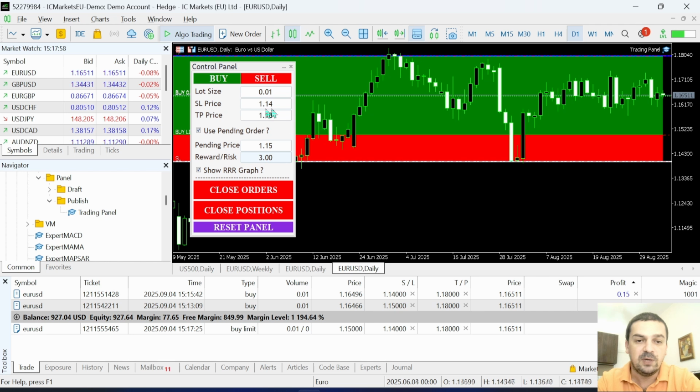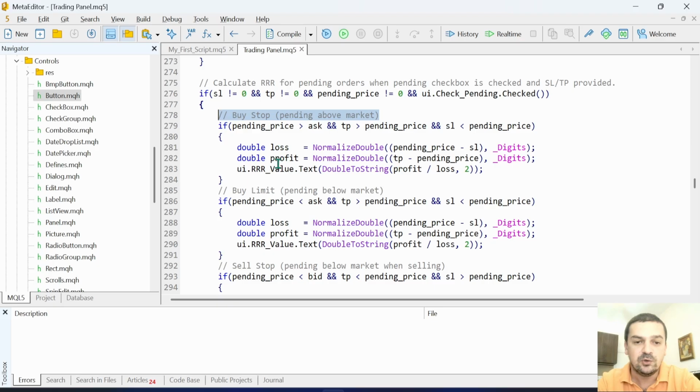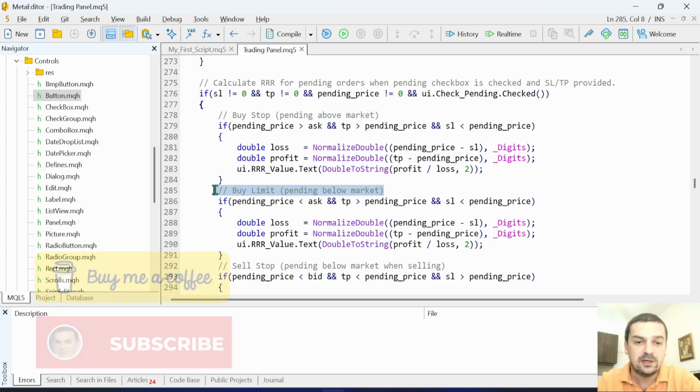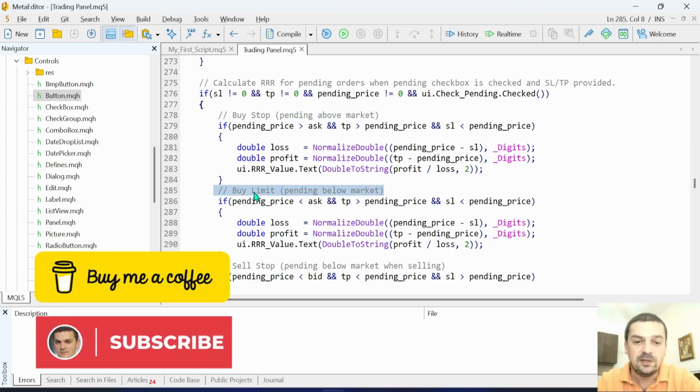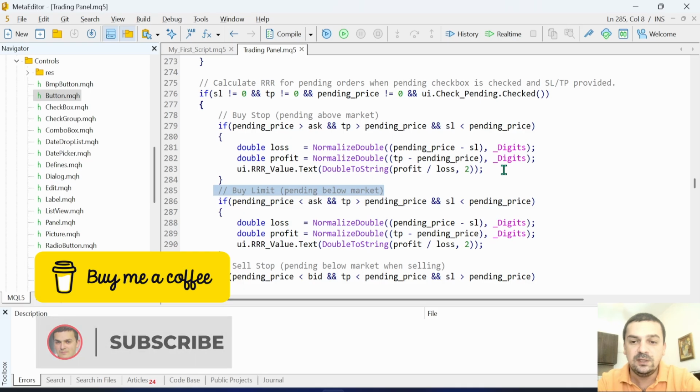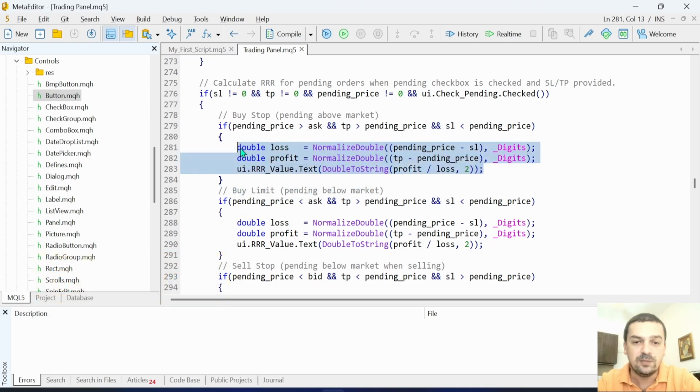We used a buy limit here because the pending price is below the ask price, the stop loss is below the pending price, and the take profit is above the pending price. So these conditions represent a buy limit order. This is what we do, and in each case, for each type of order, we are calculating the risk to reward ratio and passing this information